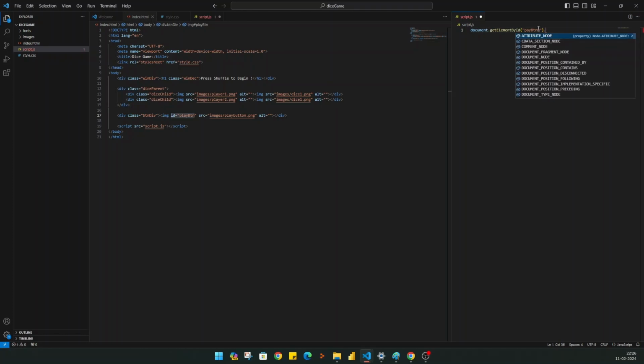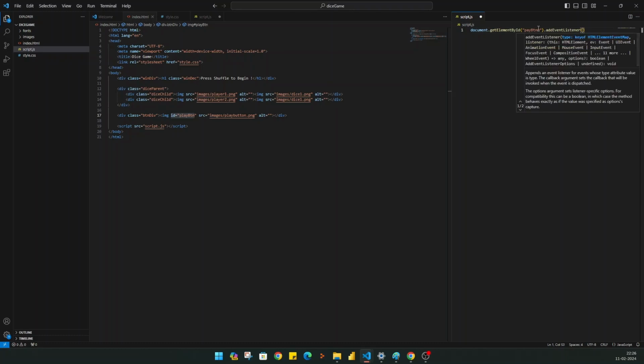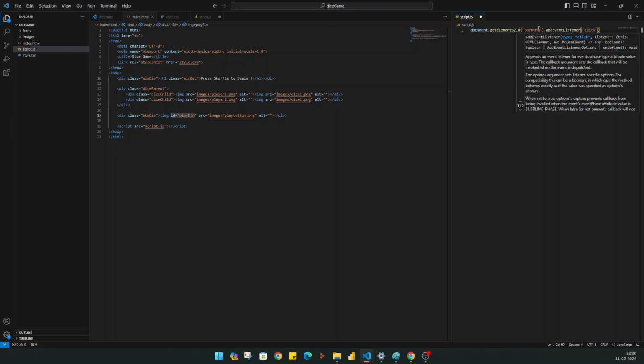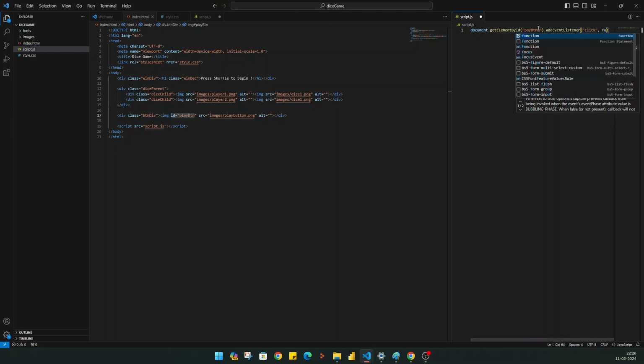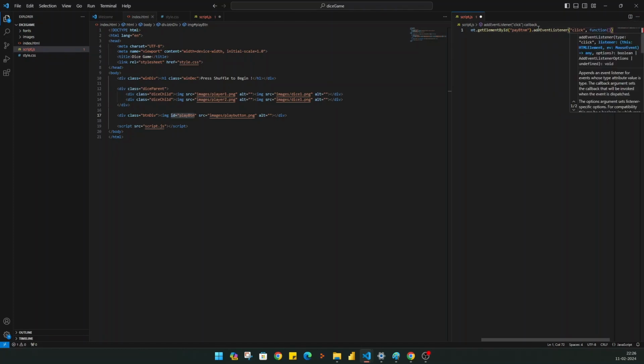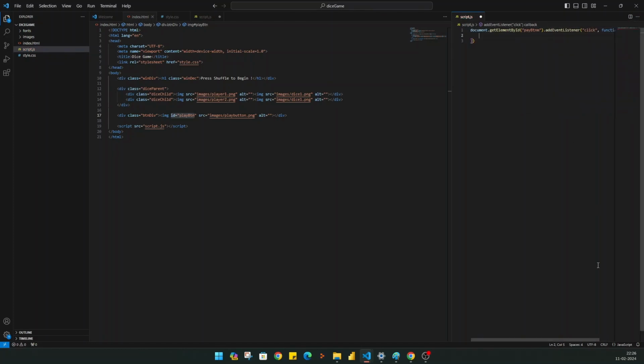And now dot, I will add an event listener here, add event listener. What is our listening type? Click, and when it clicks, function, and after this inside it I need to write the code. Okay,